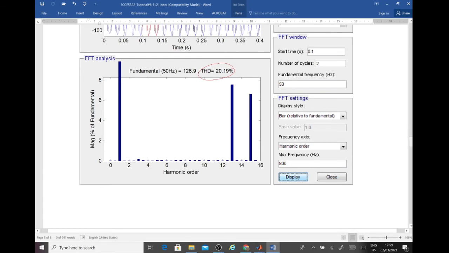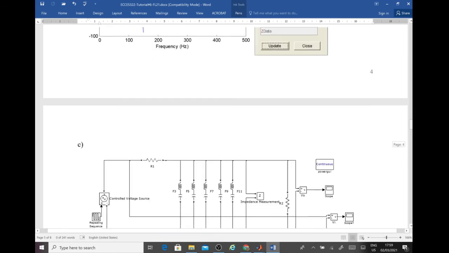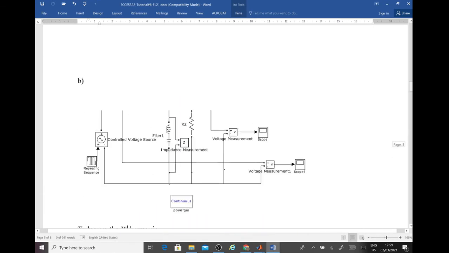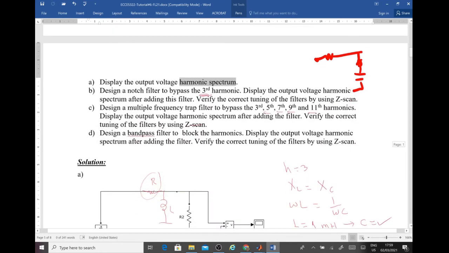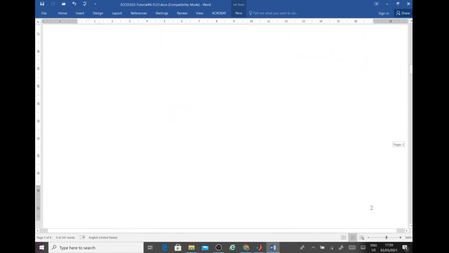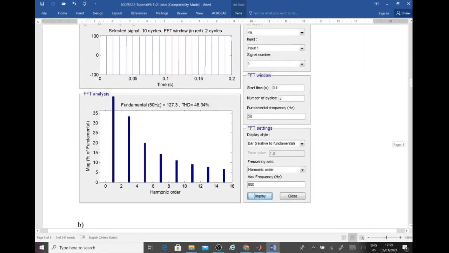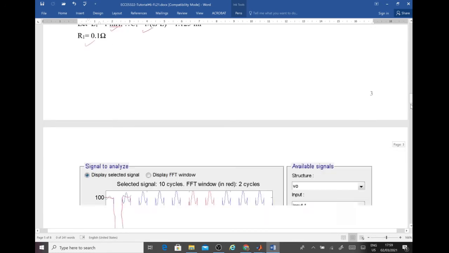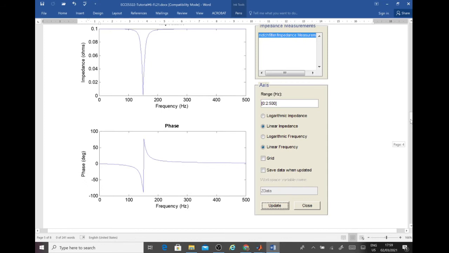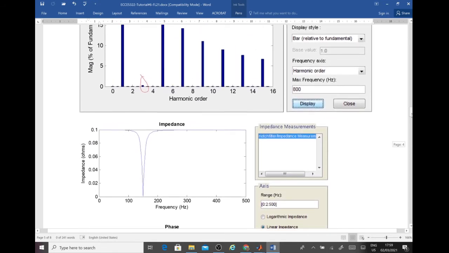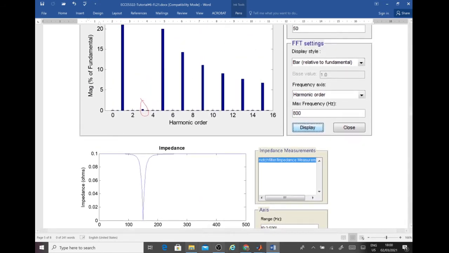Okay, let us go back to the question. So do we need to do any more calculation in this question? Yes, and of course we need also to sketch Z-scan. So how to sketch Z-scan? Actually in MATLAB we have what we call Z. Let me show you this one in MATLAB. So if I just open MATLAB now,